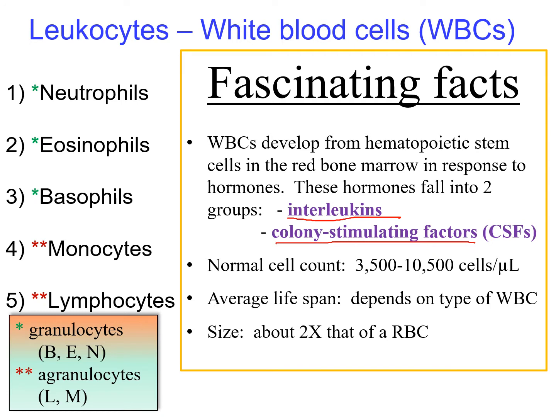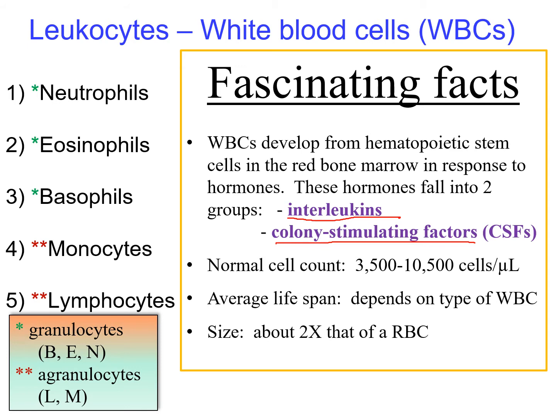Also notice I've indicated here the white cell count, between 3,500 and 10,500 white cells per cubic microliter or cubic millimeter. It's quite a wide range, isn't it? But that's nonetheless the range of normalcy in an individual. The lifespan, as we'll talk more about, can vary considerably from a few weeks to several years, depending upon the